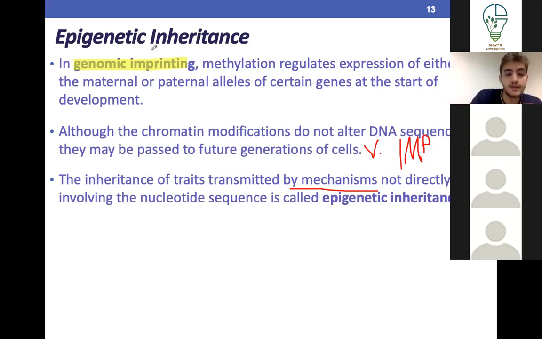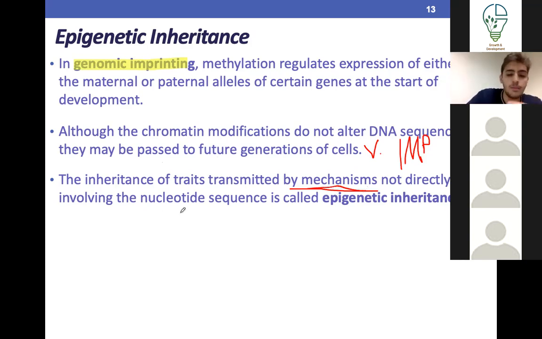If that sequence is regulated, if that sequence is turned off, you won't get the protein, you won't get the phenotype. If that sequence is turned on, it's different from if it was turned on with an accelerated rate of production of protein. Get me? So these are all ways in which a different phenotype is produced. So this is epigenetic inheritance. It's the inheritance due to mechanisms and not due to sequences.